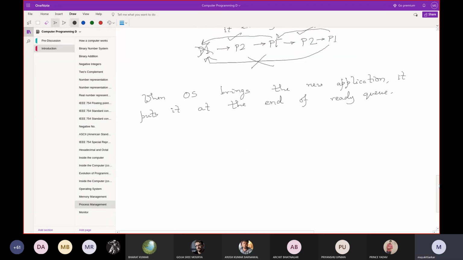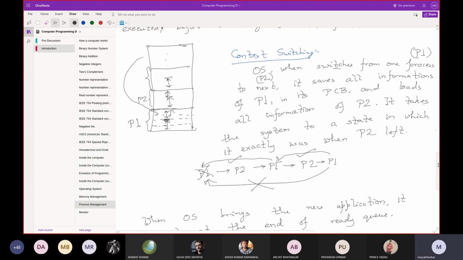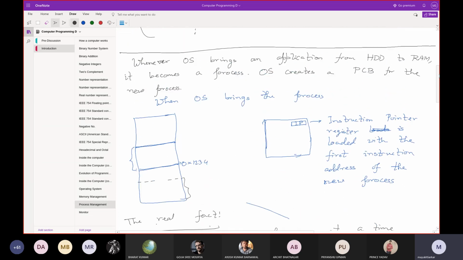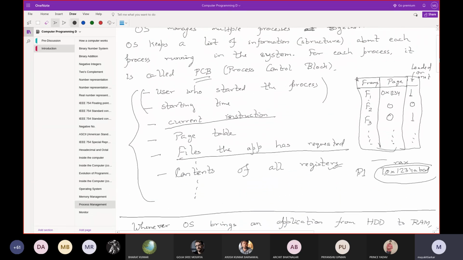Any query? I'll keep the discussion of process management up to this, though there are many further interesting concepts of process management and memory management in the study of operating systems, but I'll have to keep it limited for this course. Otherwise, this discussion will become a complete operating system course rather than the C programming course.